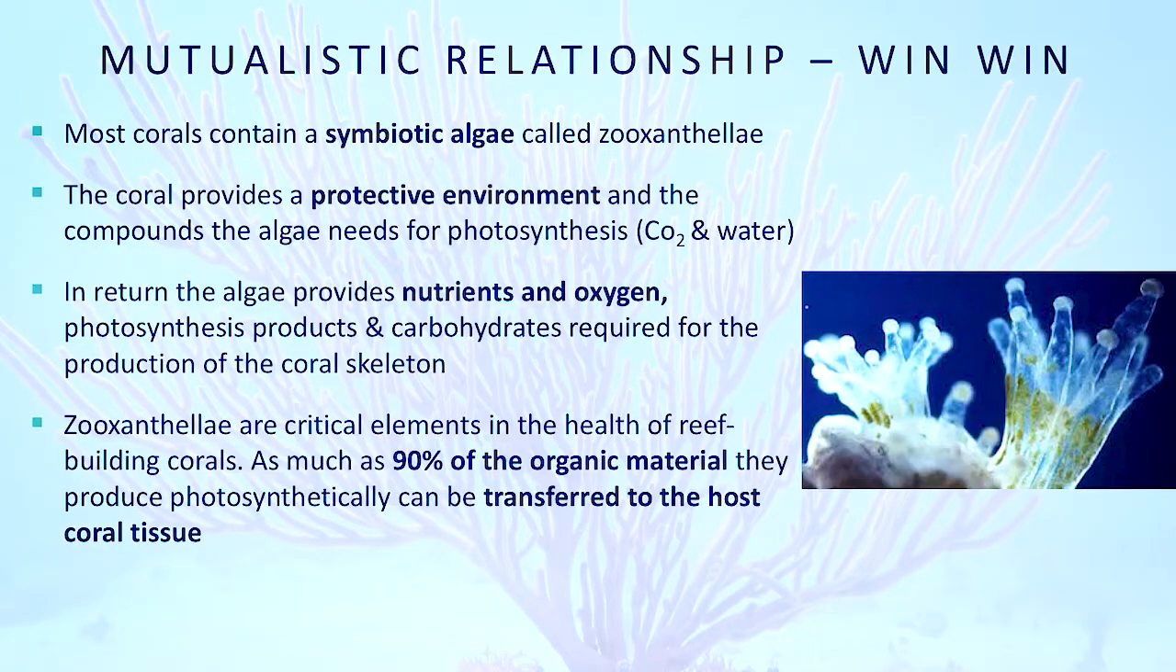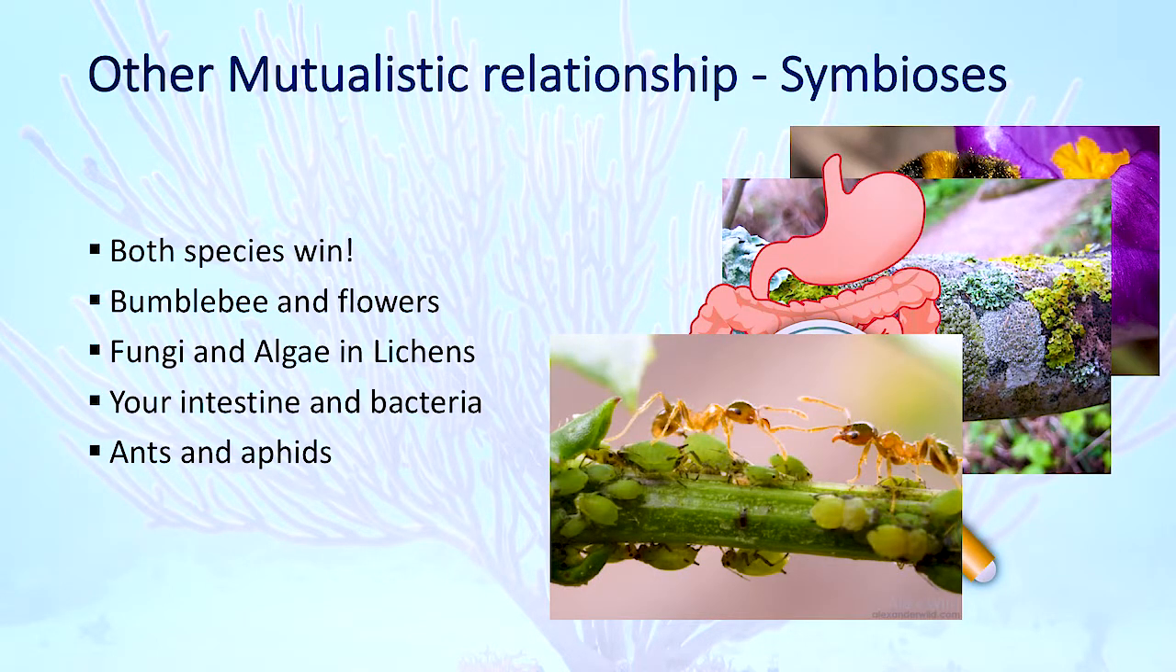just to give you a little idea about some other mutualistic relationships which we might be more aware of on planet Earth. So symbiosis. Symbiosis is whereby both species win. An example of these, of course, I know this is not the marine environment, but we can see that there are lots and lots of symbiotic relationships which happen on Earth, whether this be in the marine environment or in the terrestrial environment. So we have bumblebees and flowers, we have fungi and algae in lichen, and